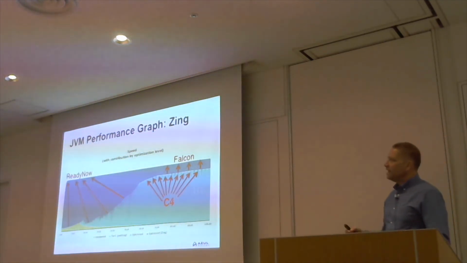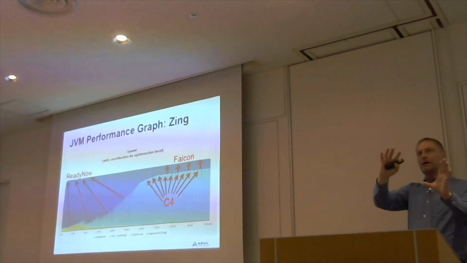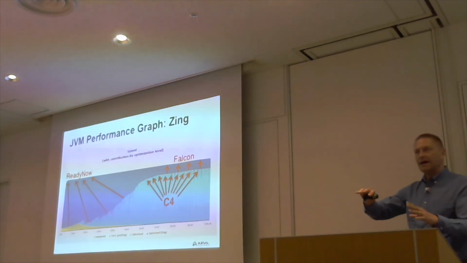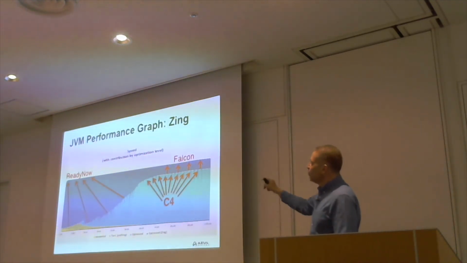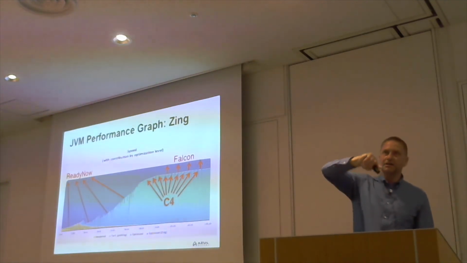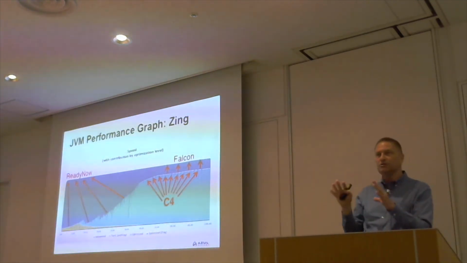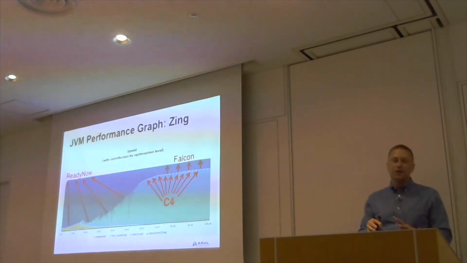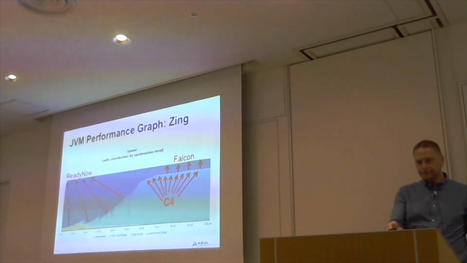And then you've got Ready Now, which is stretching that envelope out, eliminating as much as possible the warm-up phase, and minimizing the effect of that. So it's not quite the perfect graph. I mean, there will still be a few dips, and it does take a little bit of time to warm up, but it looks a lot more like the perfect graph than we get with a traditional JVM.